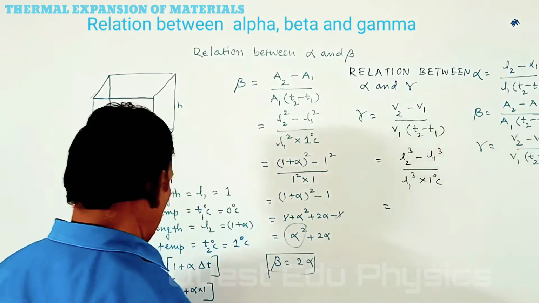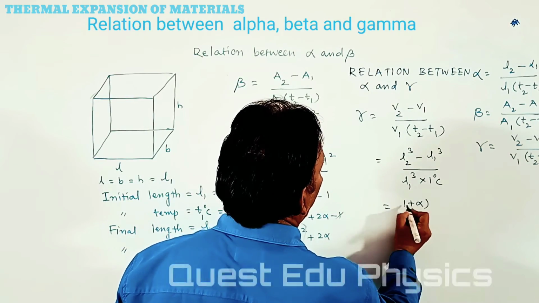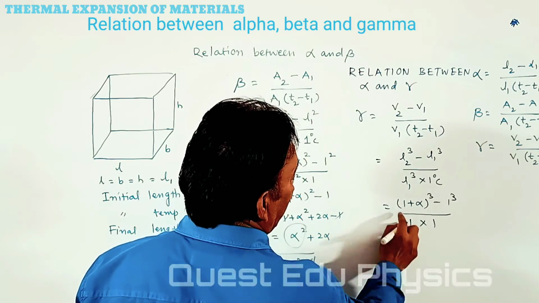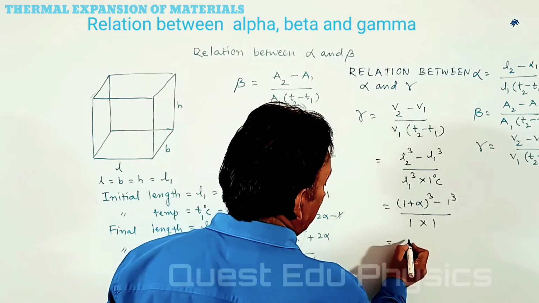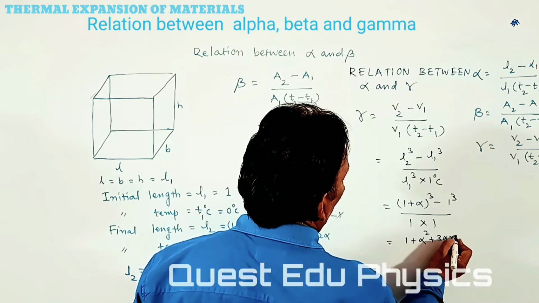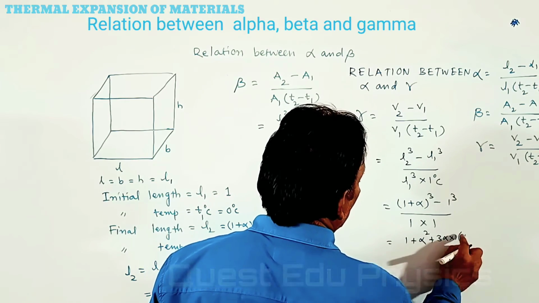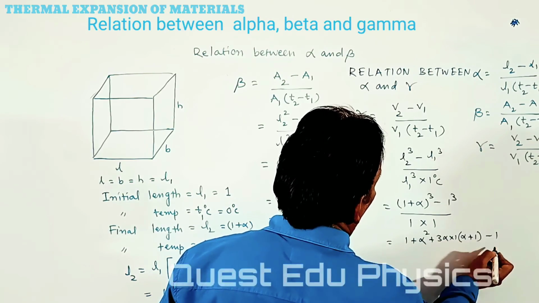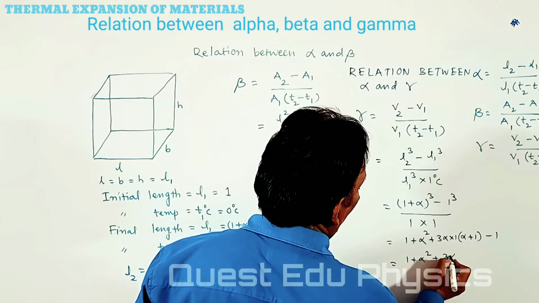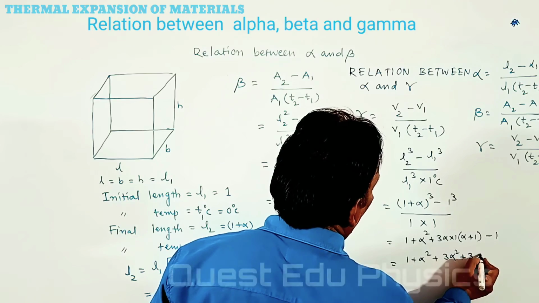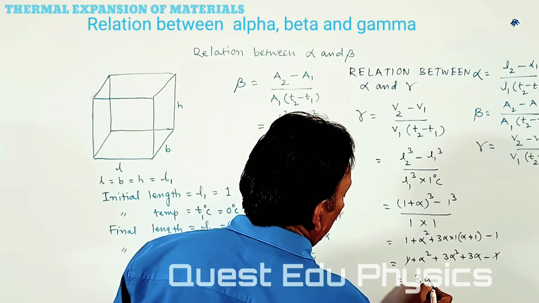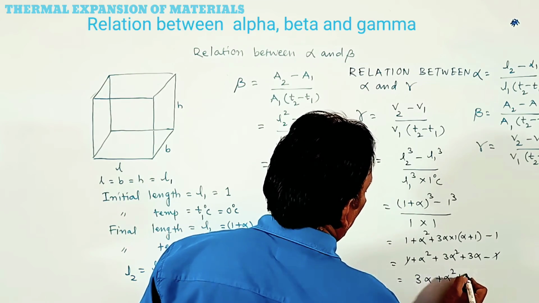L2 we have 1 plus alpha whole cube minus 1 cube by 1 cube into 1. It is in the form of a plus b whole cube. That is a cube plus b cube plus 3ab into a plus b. Then it can be written as 1 plus alpha cube plus 3 alpha square plus 3 alpha minus 1. Here 1 gets cancelled, and we get 3 alpha plus alpha square plus